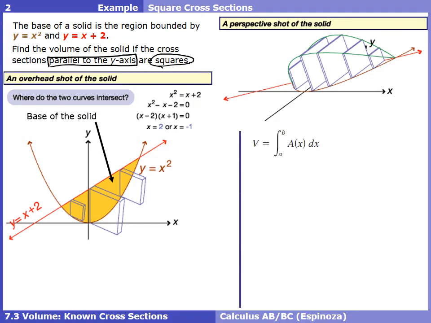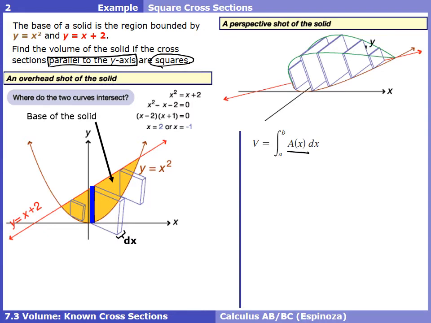Okay, so let's start with what we know. We know the volume of these solids is the area, and we're integrating with respect to x here because we're doing this with vertical cross sections. So how do we find the area of one of these squares? Because once we do, that's what we're going to integrate. Once we find what the area is of one of these squares, that's all we're going to do is integrate